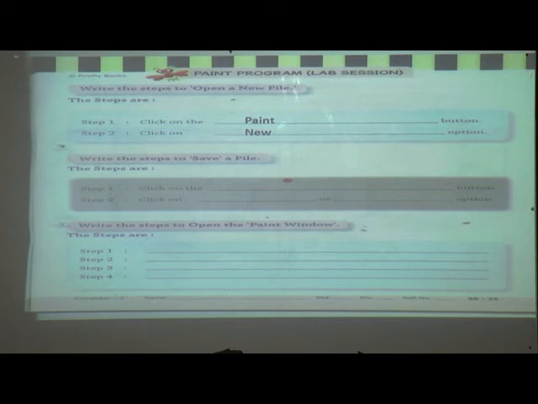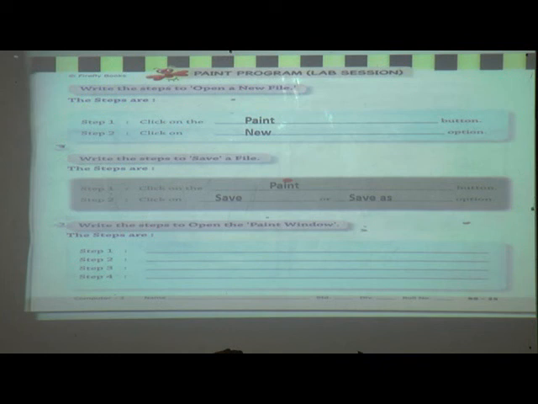For saving, which two options are useful? Good. Save or save as. For new, click on the paint button, and second is new. For saving the file, click on the paint button and click on save or save as.